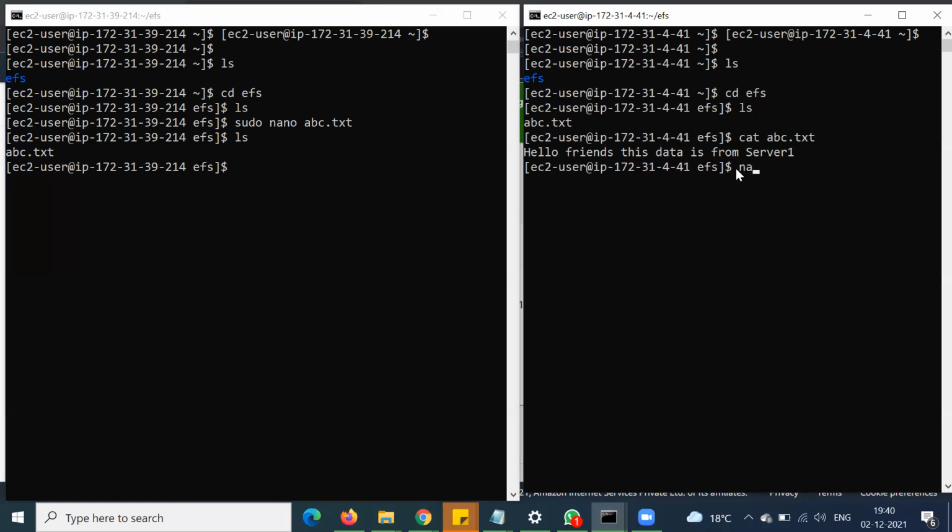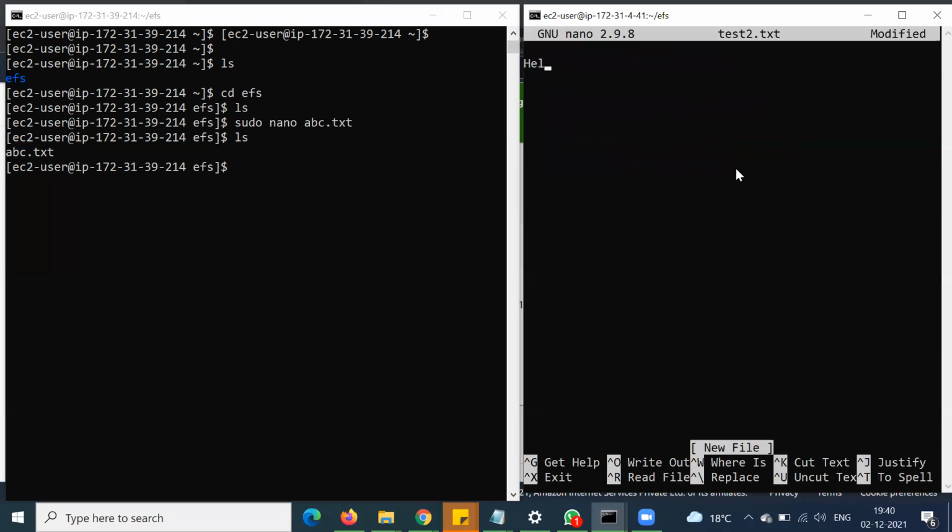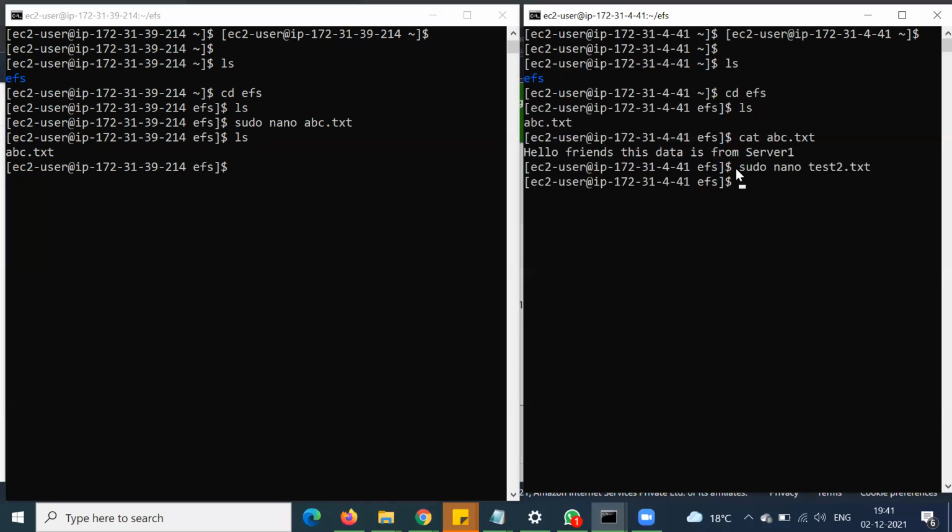sudo nano test2.txt, with some data. That's it.